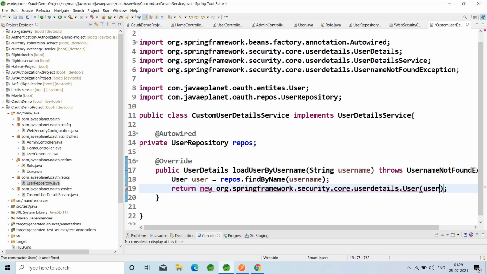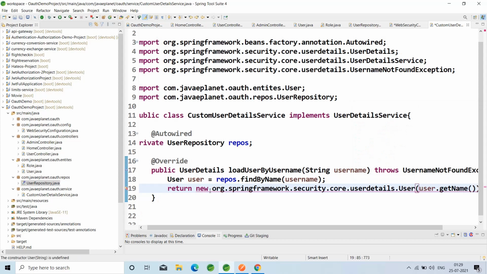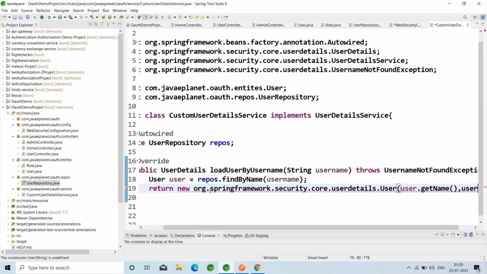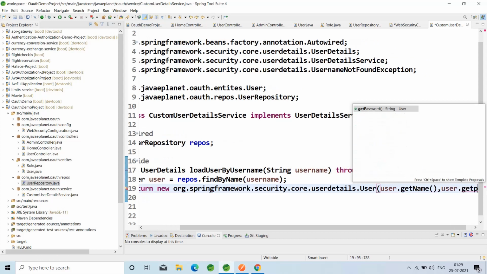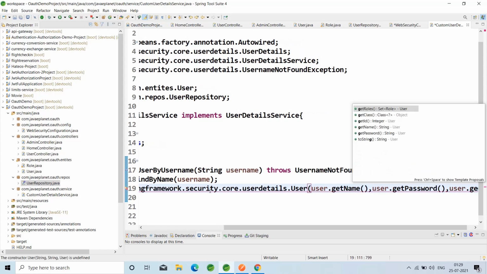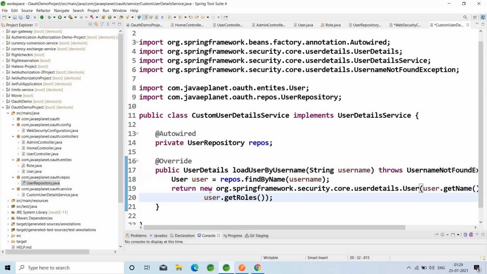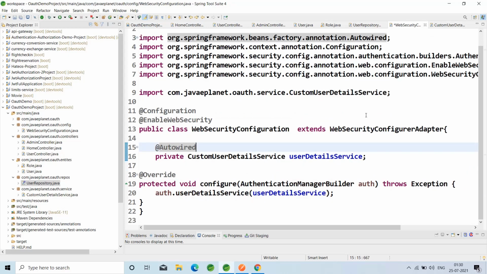By using the reference variable user.getName(), user.getPassword(), user.getRoles(). Control shift F to format, control S to save. We are done with creating the custom user details, and now let me get into the web security configuration.